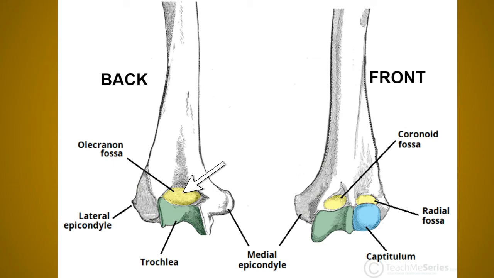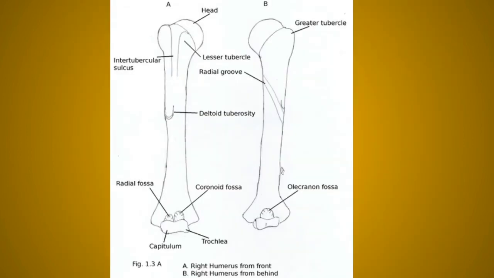Now finally the olecranon fossa. Now this fossa basically lies just above the posterior aspect of the trochlea and accommodates the olecranon process of the ulna when the elbow is extended. Remember, extended. Okay. Now next is the shaft of the humerus bone. Okay, now first of all the shaft of the humerus bone is basically rounded in the upper half and is triangular in the lower half. Rounded in the upper part and triangular in the lower part.